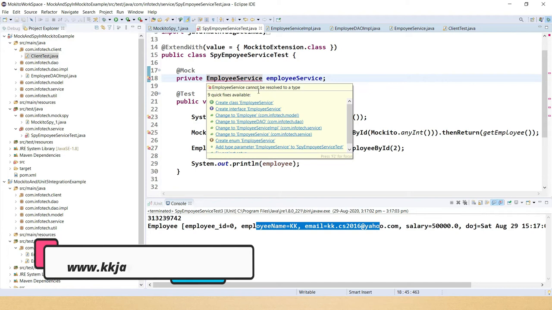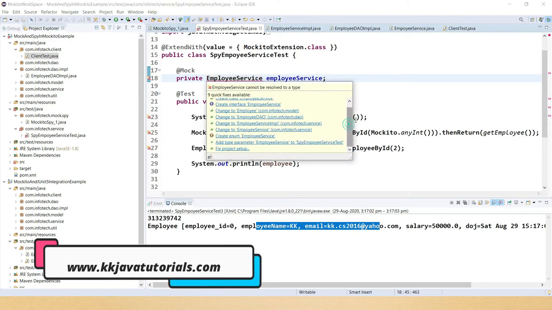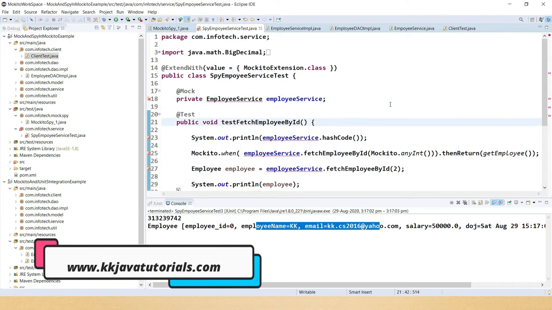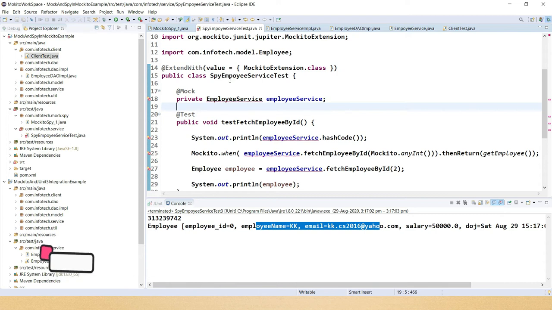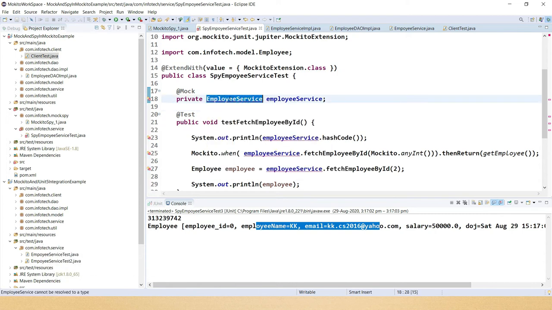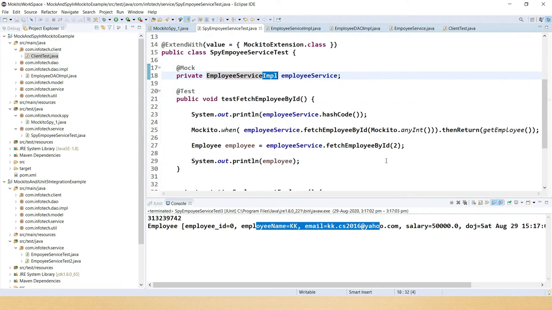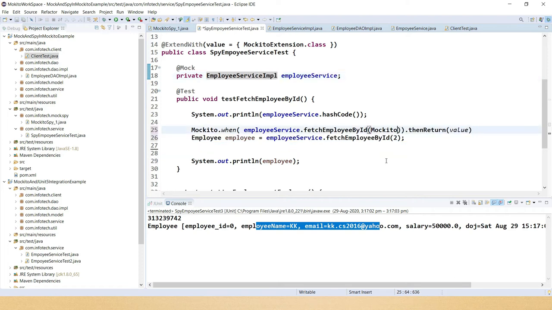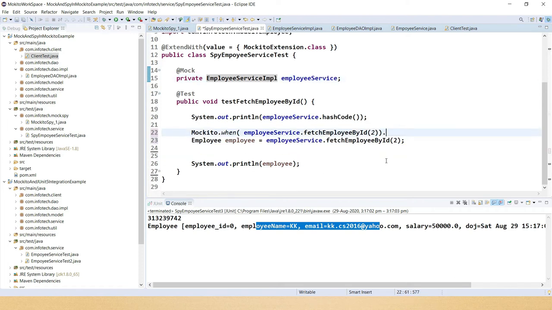I don't know why this import is not working. That was supposed to work, but somehow it is not working. So there is some problem with Eclipse. Even if you supply the interface over here, still this should work, right? I'm going to undo here. So that's the major difference between them. I'm going to undo these things.